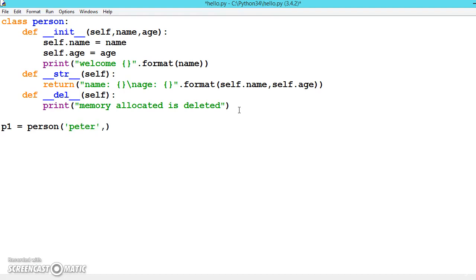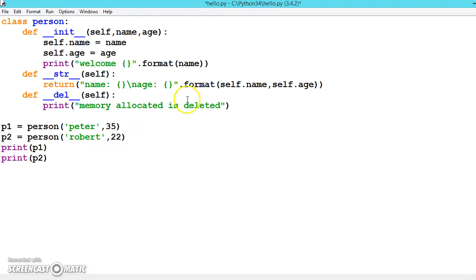Peter, 35, let us say P2 is equal to Person, Robert, 22. Now first we will be printing the data inside P1. This will call the str special function. Print P2,